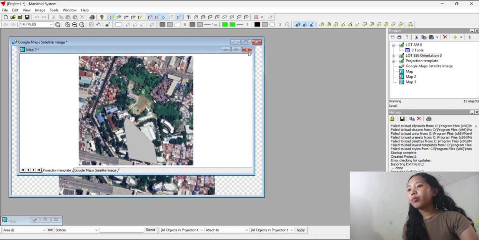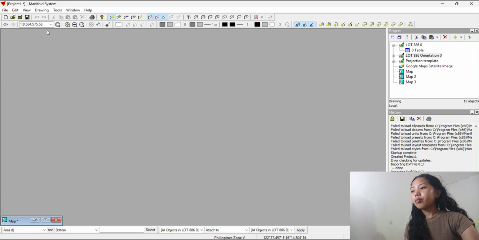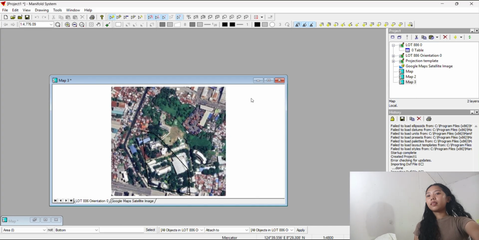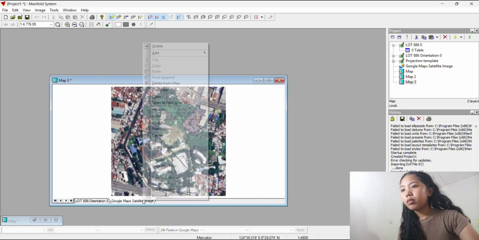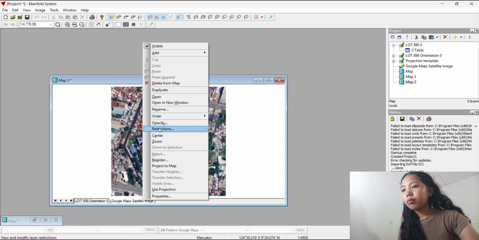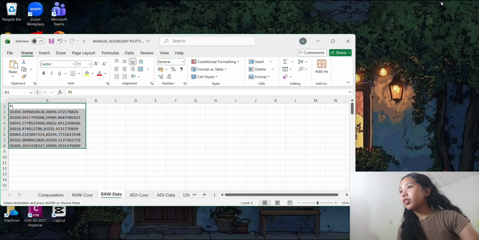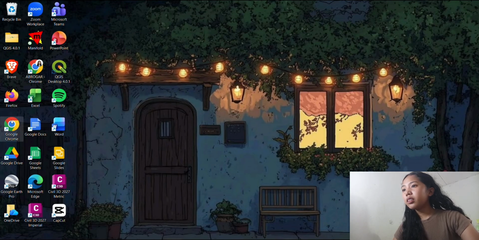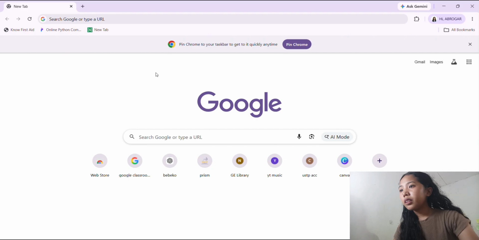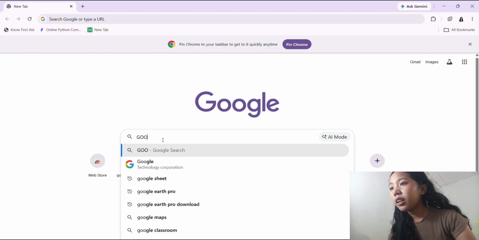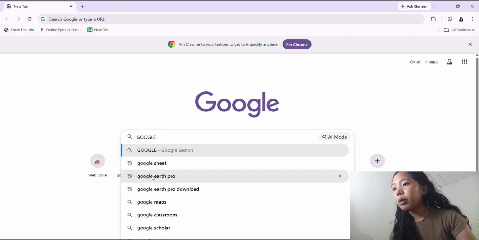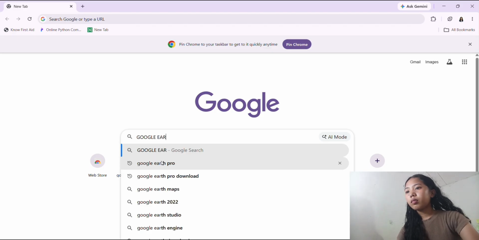Select OK. Then go to File, Create, Layers, Create Map. Then in Layers, just select the lot number, orientation, and Google Maps satellite image. Okay.